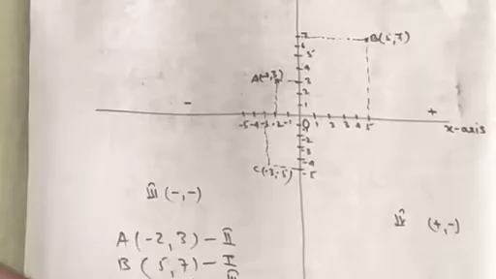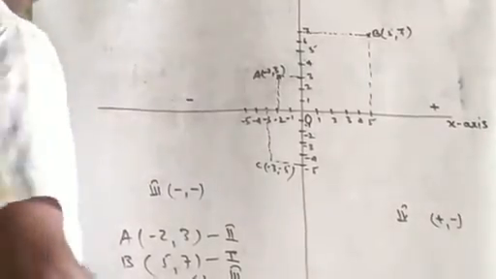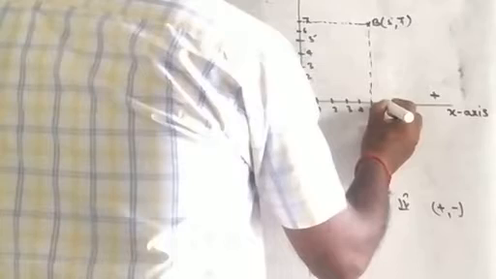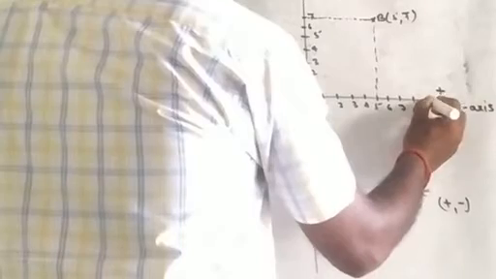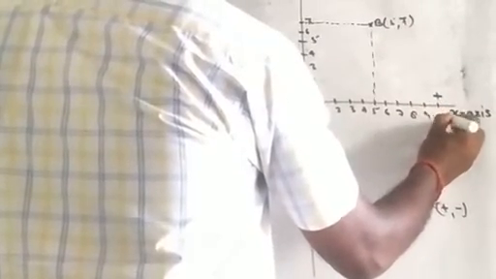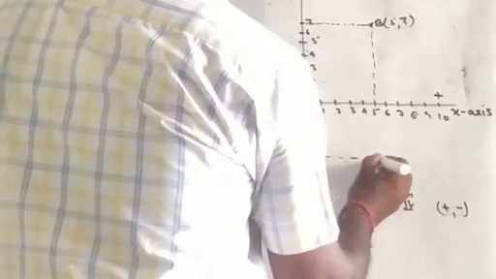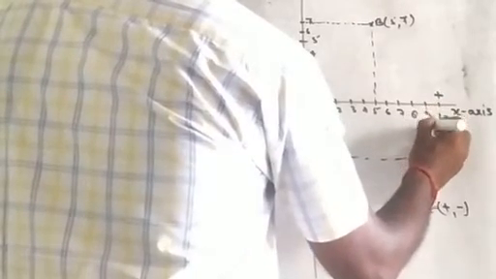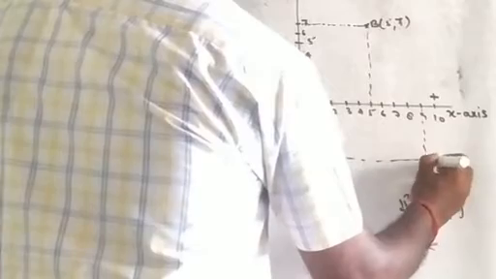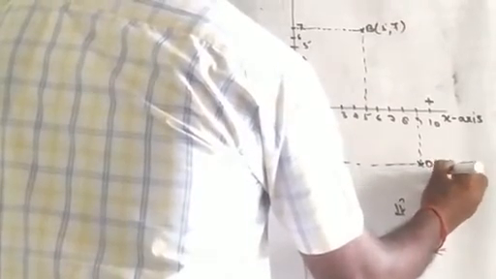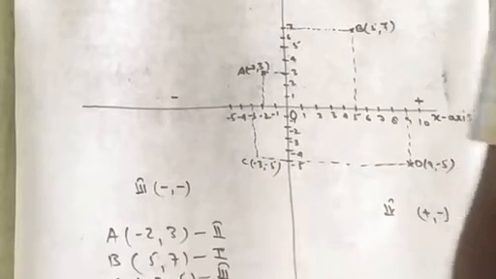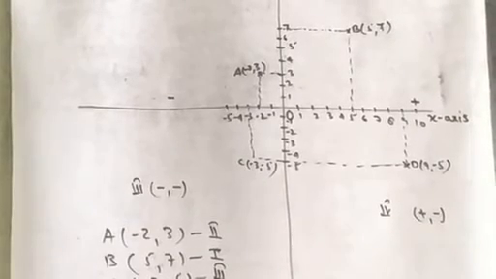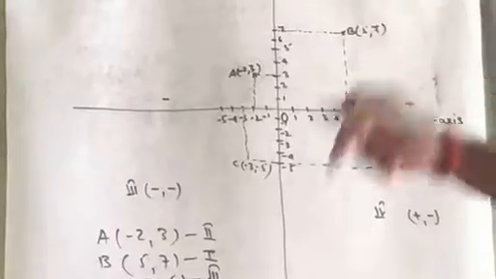D, 9 comma minus 5. Abscissa value 9. 5, 6, 7, 8, 9, 10. Abscissa value 9 you will take and the ordinate value is minus 5. That is point D. D coordinates 9 comma minus 5. Then in this way we represent the points on the graph paper in coordinate geometry, the location of a point or representation of points.